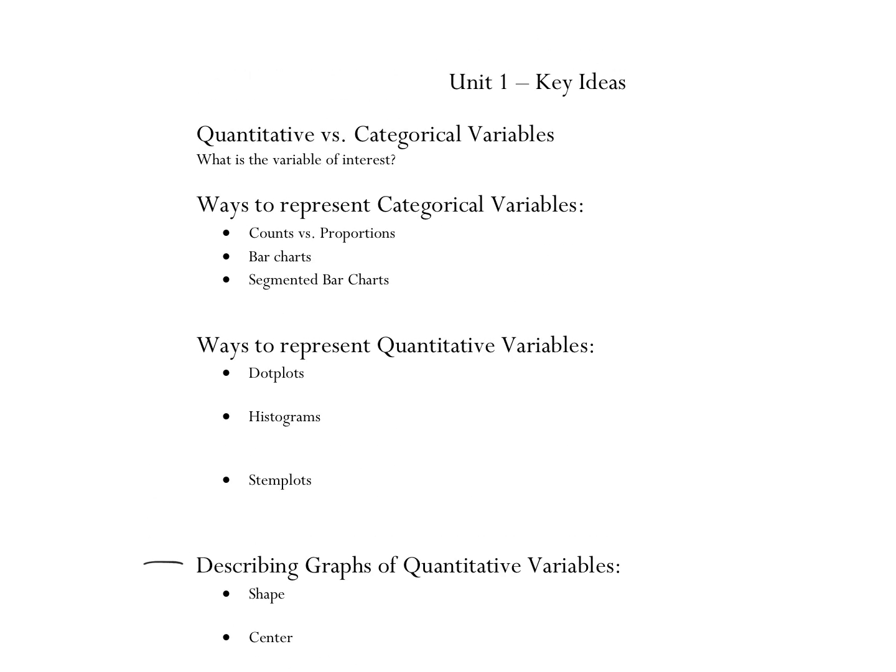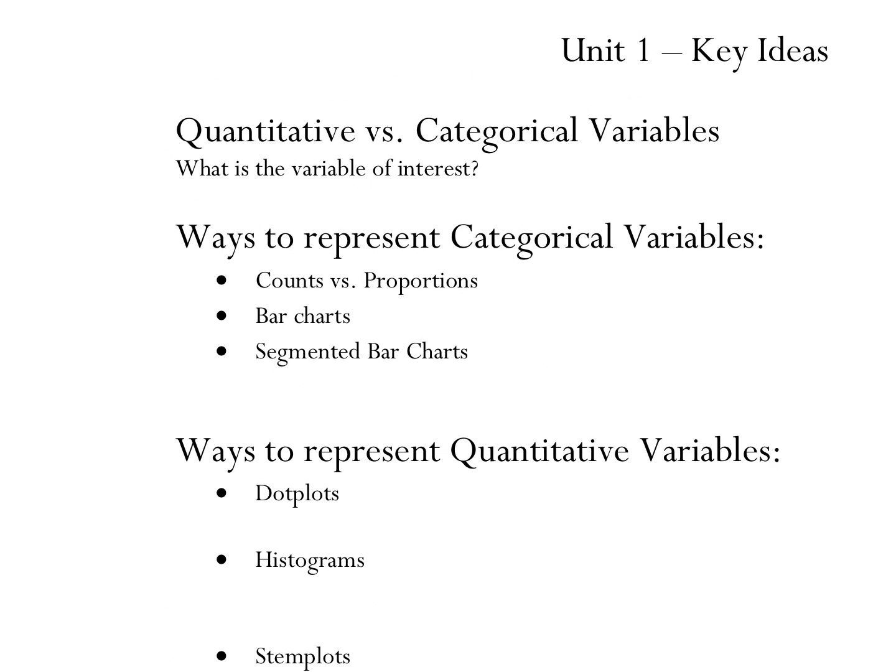So, all right. The reason we start with the different types of variables is that it is really important from the very beginning. I don't care what type of question it is, whether it's a probability question versus a significance question versus an exploratory analysis question. When I say what is the variable of interest, every single answer that you guys do anything with should have context in it. If I read your answer and I don't have any idea what the topic was about, then your answer is not being specific enough.